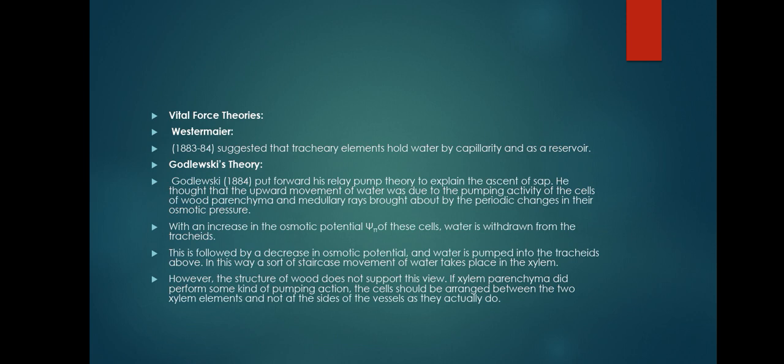So, we have vital theories to explain the ascent of sap. The first one is by Westermeier. He, in 1883 to 84, suggested that tracheary elements hold water by capillarity and as a reservoir. And the second theory is